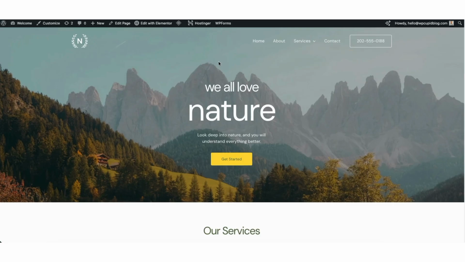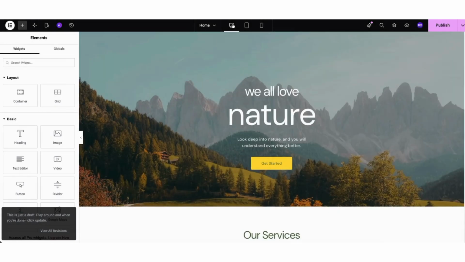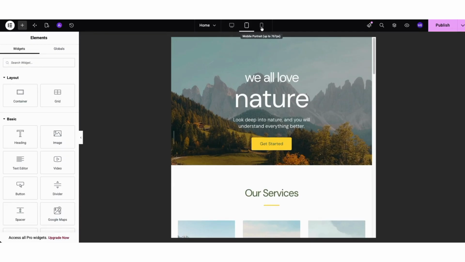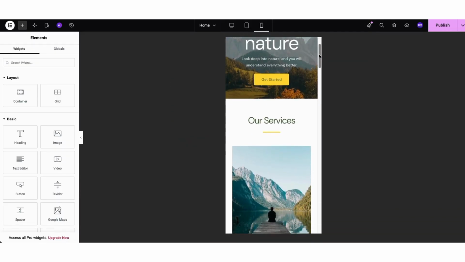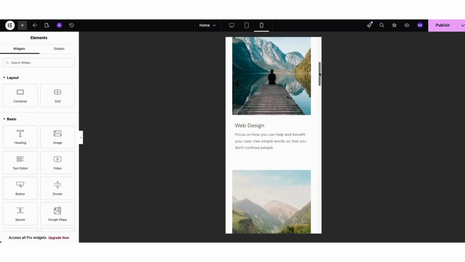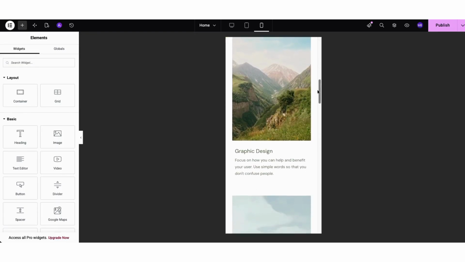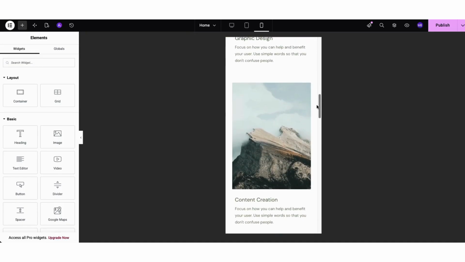Before moving on, let's make sure the website looks good on every screen size. Open the home page with Elementor and click the device icon in the top toolbar. Switch between desktop, tablet, and mobile views. Look for text that's too large, images that don't fit, excessive spacing, or sections that don't stack correctly. If something needs to be adjusted,